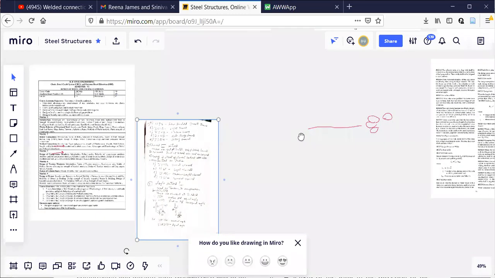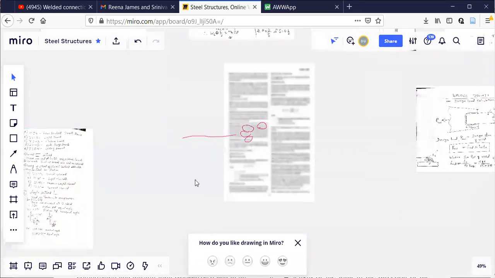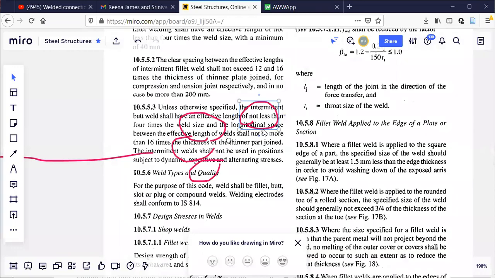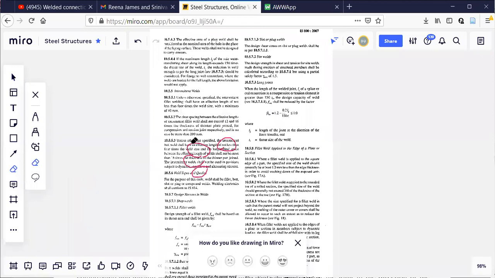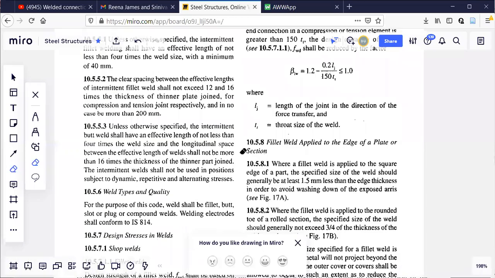Okay, I'll show you that one also. I think I have uploaded that. Otherwise, I need to. Here, what I have done is I have completely uploaded IS 800. Only a specific page I have opened here. IS 800 is opened. As IS 456 was there for concrete, similarly, IS 800 is there for steel design.